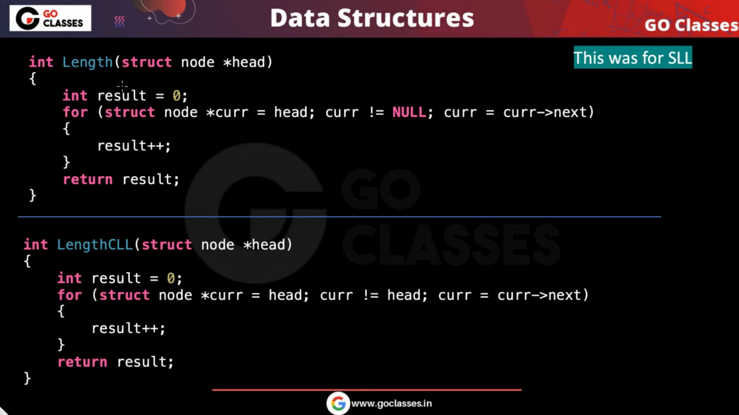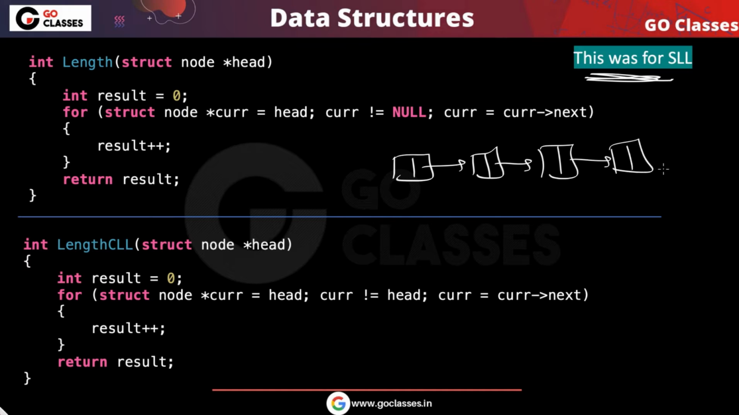Now let me try printing the length of a circular linked list. Just to revise, this is how we printed the length of a singly linked list, a linked list in the normal fashion, something like this. If the linked list is like this, then I can print its length using a for loop or while loop, whatever. So let me try the for loop. There is a pointer current which is pointing to whatever head is pointing to, and then I keep on iterating, saying current is not equal to null,